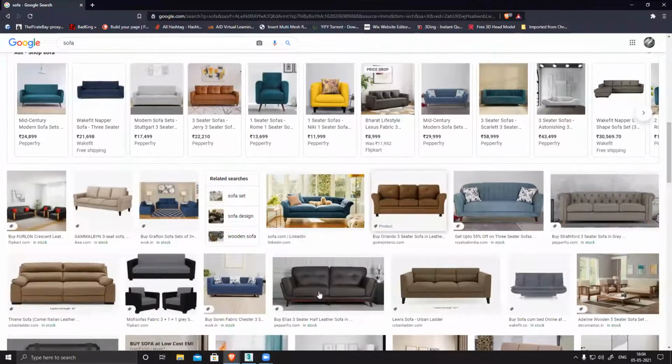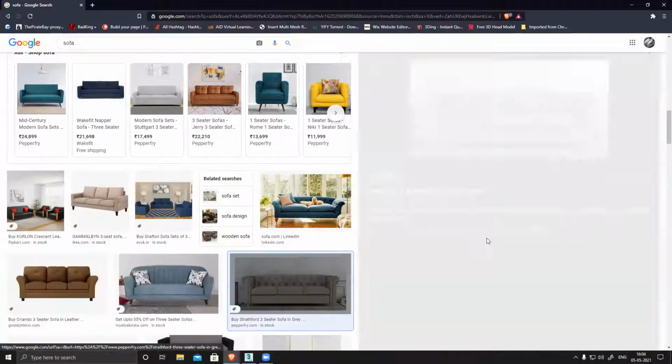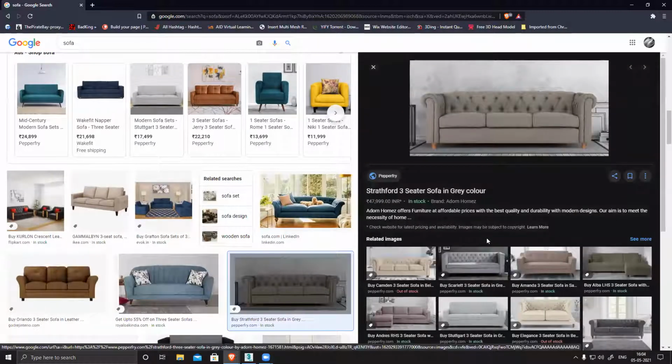Like some sofa. A sofa can be very simple, or very complex. There are two types of modeling. One is very high detail modeling, where we create all these details, all these grooves and the cushioning effect. You can see those things we create within the model. And there will be cases where we create only a flat boxy model, like a box model.